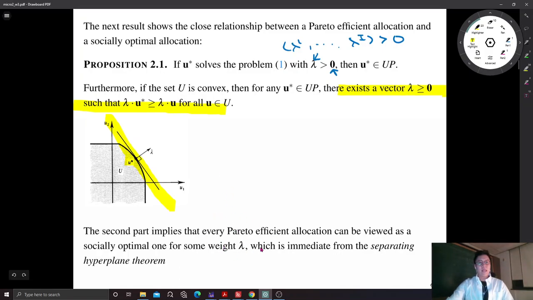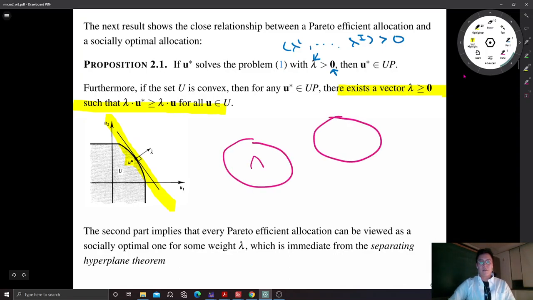Okay, and this part is immediate from the separating hyperplane theorem. So if you study the Kuhn-Tucker theorem in depth, like by taking mathematical economics or some advanced math for economists, you may have heard of this theorem. That theorem has two versions. Whenever we have convex sets that are disjoint like this, set A and set B, this theorem states there is some hyperplane